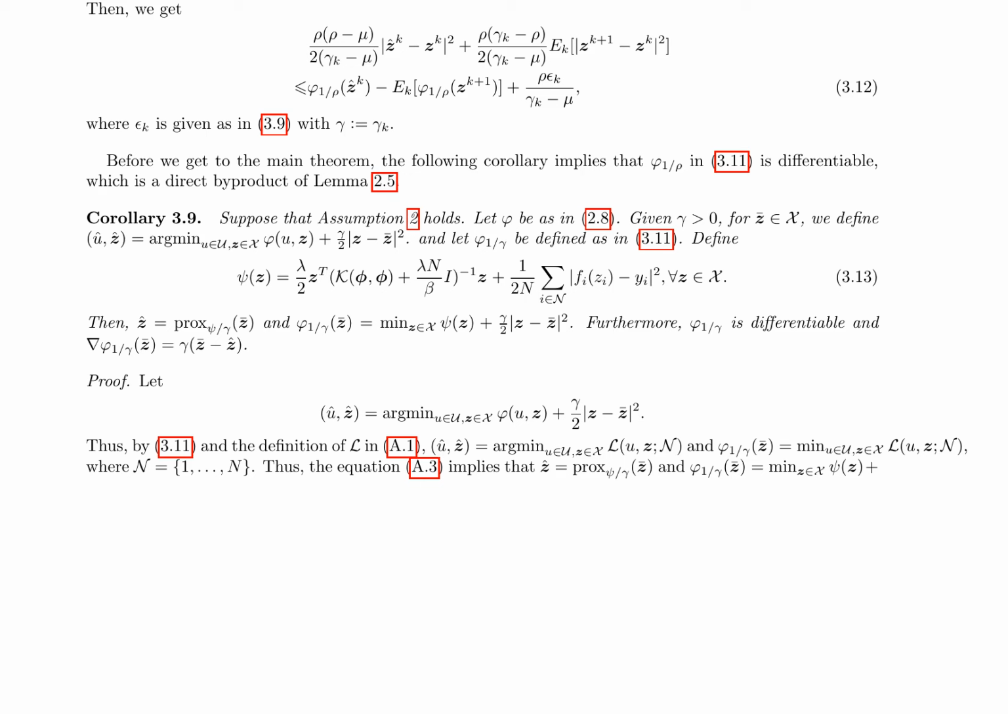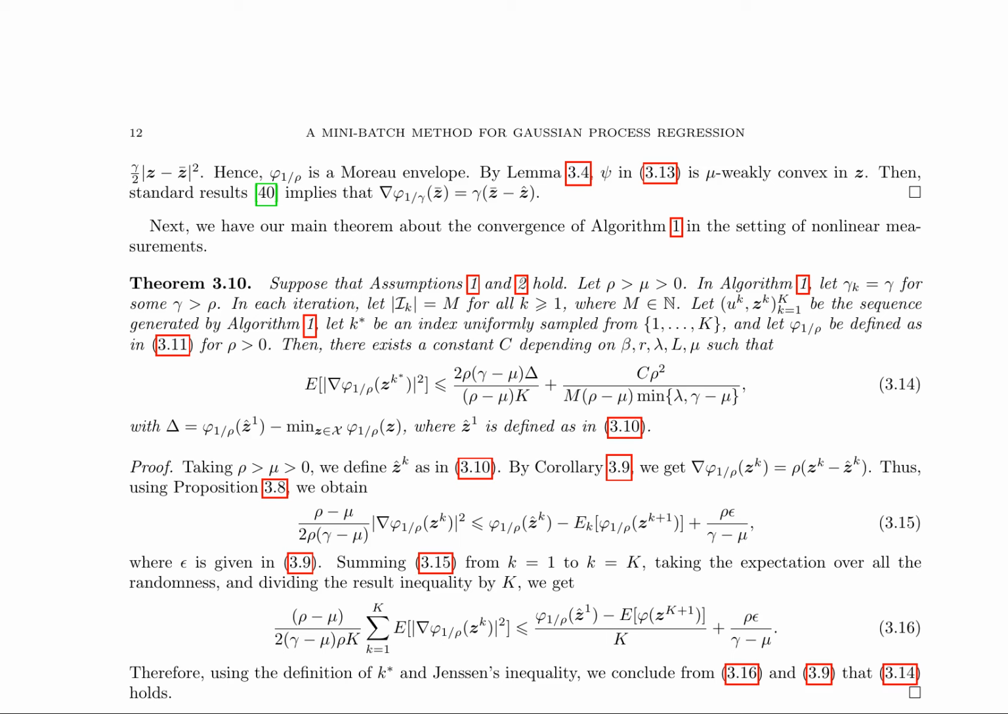Corollary 3.9 proves the differentiability of the objective function, crucial for convergence. The proposed method efficiently manages memory while reducing statistical error, setting the stage for future research. The authors of the research paper present a mini-batch method for Gaussian process regression, focusing on the convergence of algorithm